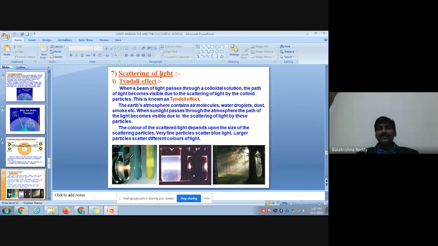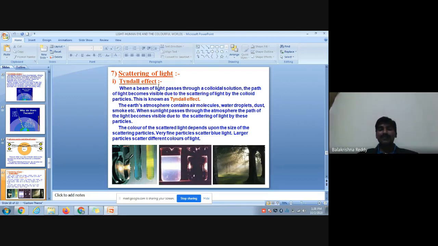Scattering of light, in the sense, when white light rays coming from the sun pass through the atmosphere, some of the light rays get absorbed, some of the light rays pass to each and every particle of the atmosphere. So while it is passing through the atmosphere or some solution, the outcome light will be changed and the color of light also changes at certain times. So such things happen only in the scattering of light. One phenomenon in that is the Tyndall effect.